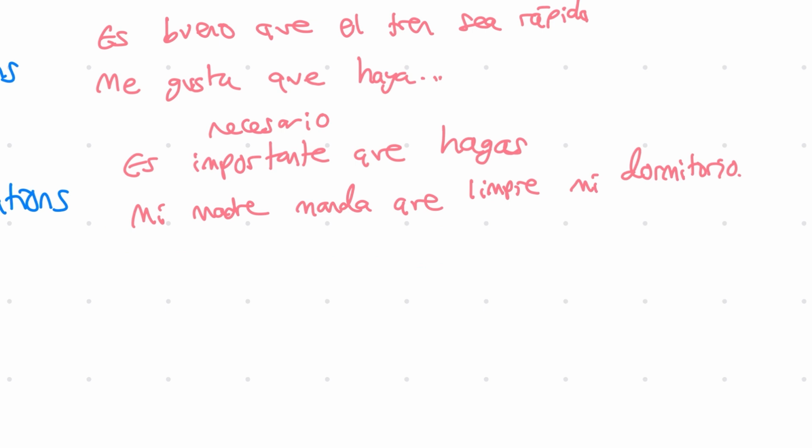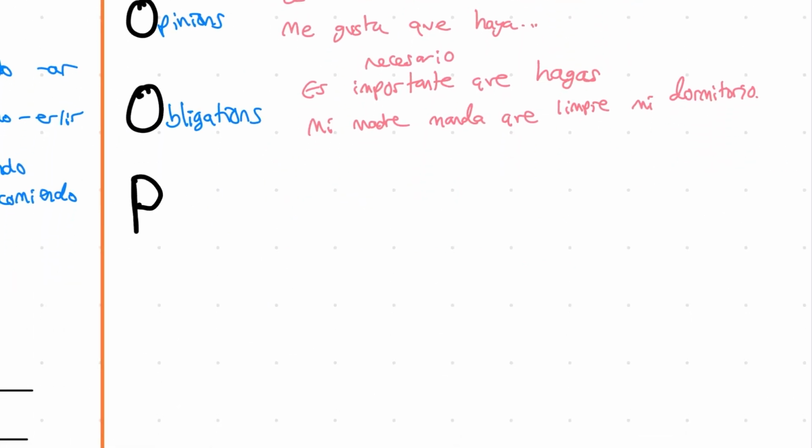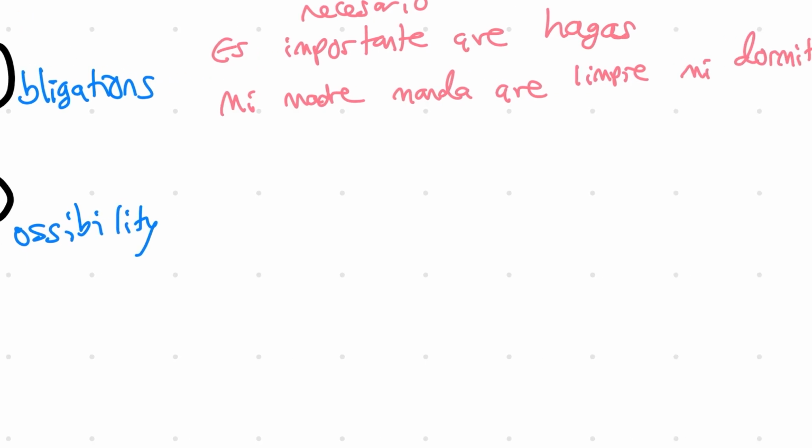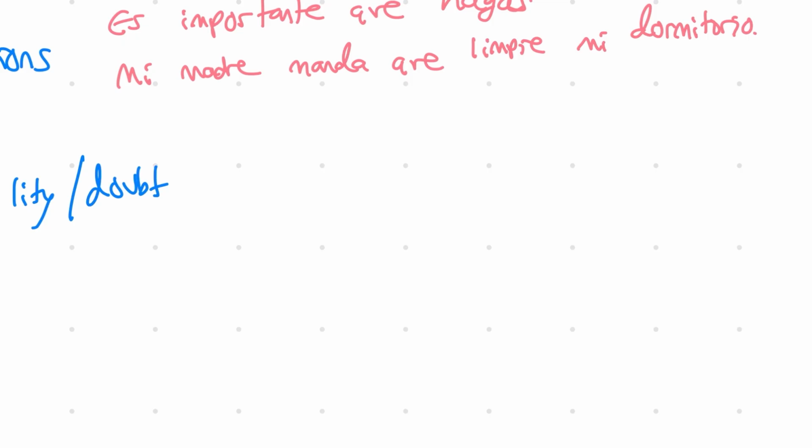Okay. And the last letter in this acronym is P, which is for possibility. This may be the sort of one you're most familiar with. So things that are uncertain or unlikely, that we are unsure about, any sort of doubt as well, is this sort of P possibility category. So to give you some examples, if I say no creo que, we need to have the present subjunctive after this. Yeah? If I say creo que, that's perfectly fine because that's saying you believe something, but no creo que, I